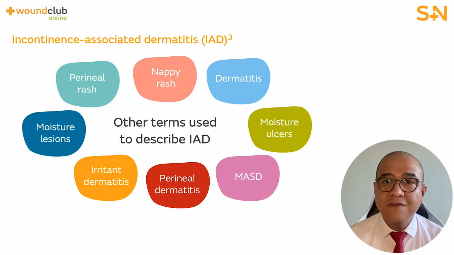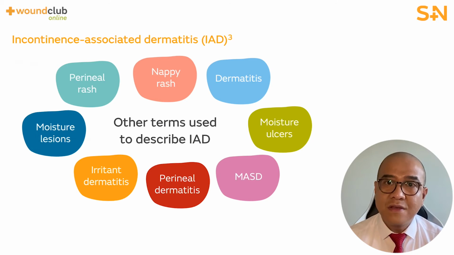Having these different terms can make it very difficult to determine how many people suffer from IAD, as well as ensuring a standardized method of care is used to treat IAD. Under the new pressure ulcer definition and measurement recommendation from NHS Improvement in 2018 here in the UK, all skin damage caused by moisture should be classed and reported under the umbrella term of moisture-associated skin damage, thereby making the use of these other terminologies, the ones that you can see on the screen now, questionable when it comes to